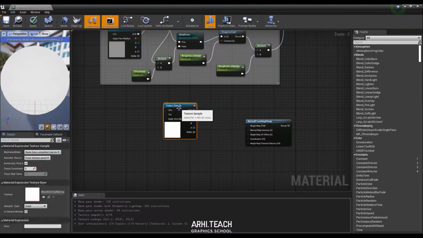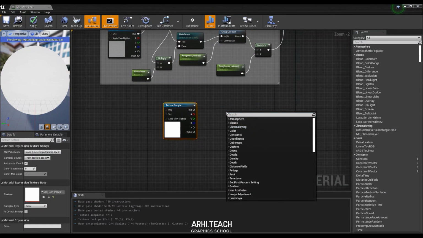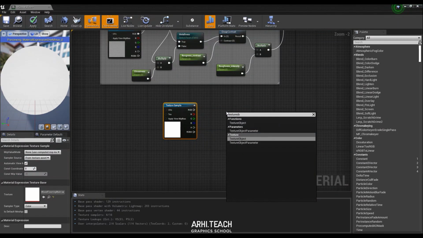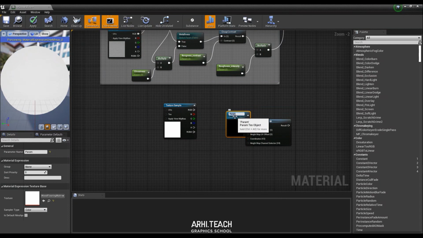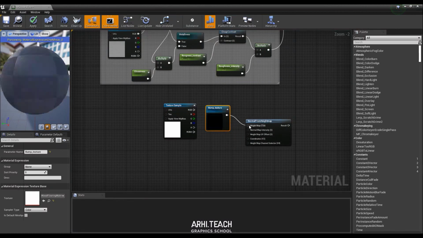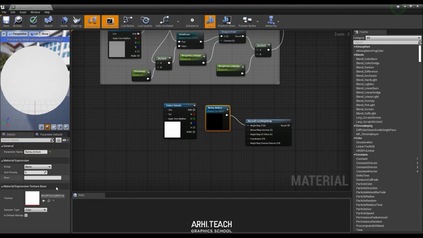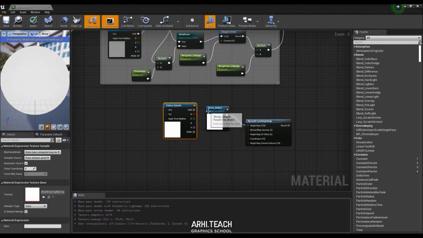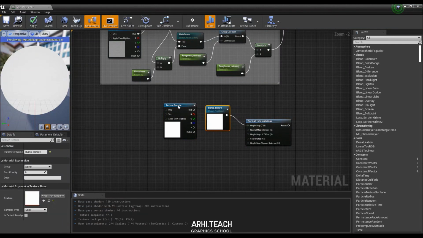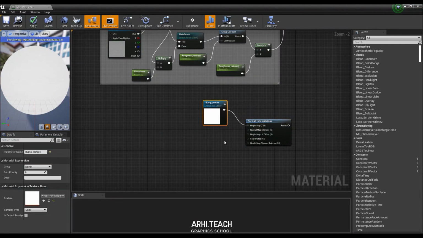What will we do? We select one more time. Found this texture, and now we find the texture object parameter. Done. This will be our bump texture. That is, we can change this texture later and connect it to height map. Why did we select this texture? When the certain texture is selected, when creating a new node, the selected texture is applied to this node. But we could, for example, do this. Select this texture and then click like this. Or just drag and drop it, no difference, it's just faster as I showed.